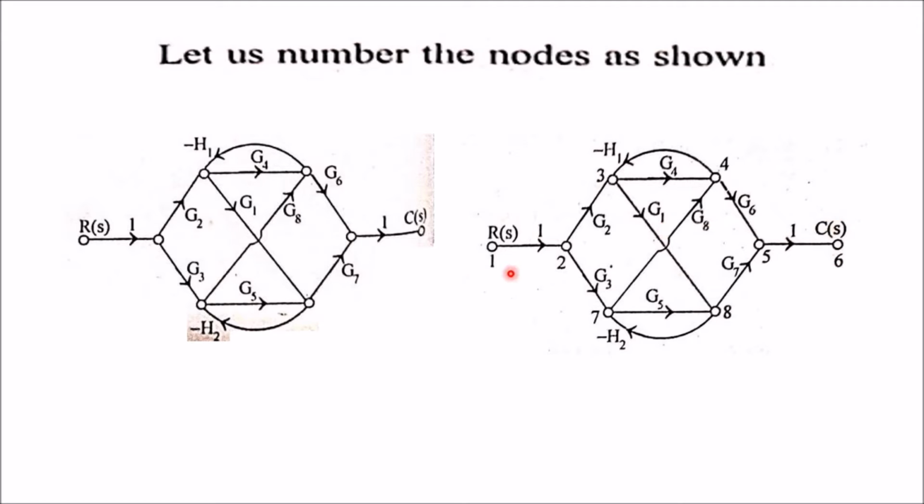This is the first step, and you can see from node 1 to node 2 the transmittance is 1. That means if you do not use node 1, it won't affect the output. Directly the signal can go from here, because just 1 is multiplied. Whatever you give in R of S is multiplied by 1 and given to node 2. So multiplying by 1 or not multiplying by 1 does not play a vital role. So node 1 and node 2 can be made a single node. Similarly, node 5 and node 6 can also be made a single node. But in the problem they have given different nodes, so we will go with different nodes, right?